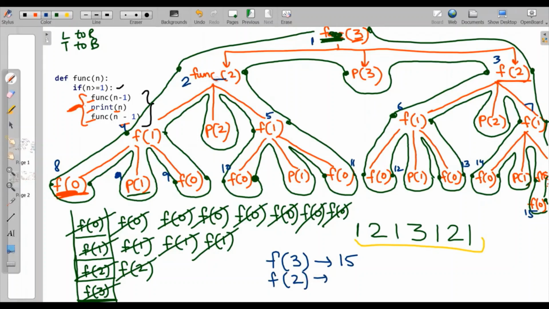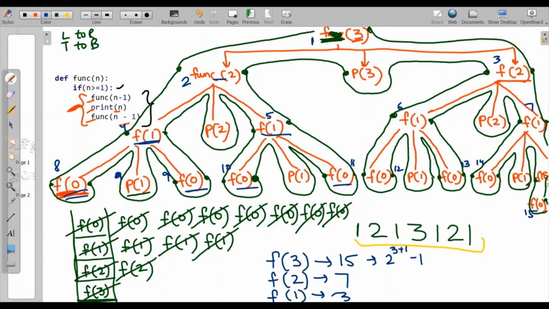1 2 3 4 5 6 7. So it is for 7. And for F1 it is 1 2 and 3. So if we calculate this, we can write this as 2 to the power 3 plus 1 minus 1.